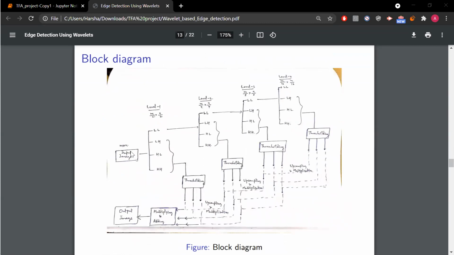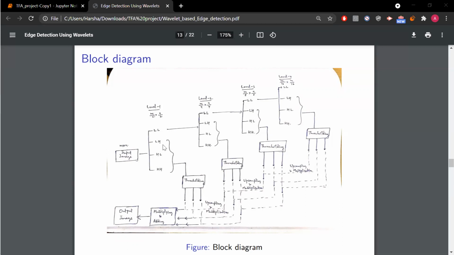So we have the input image here. We'll be using wavelet decomposition to get 4 different subbands: LL, LH, HL, and HH. This is level 1. Now we'll take the LL and further repeat the same step to get again 4 different subbands. That is level 2. We'll repeat the same procedure for 2 more levels to reach level 4. And the dimensionality in the fourth level is m by 16 cross m by 16.